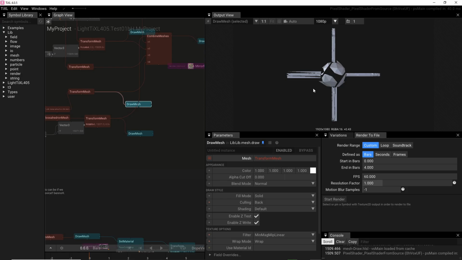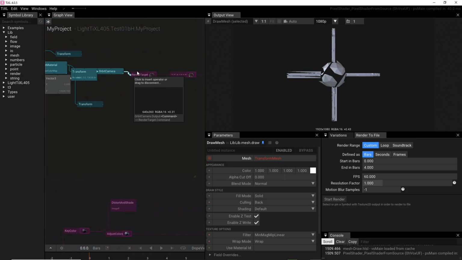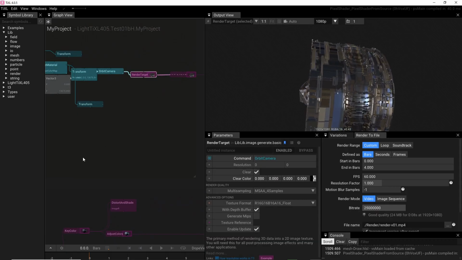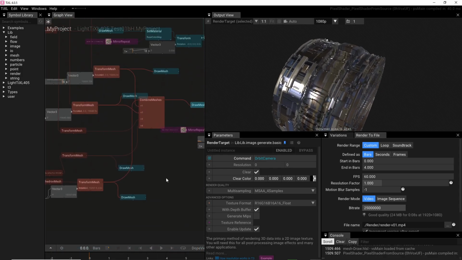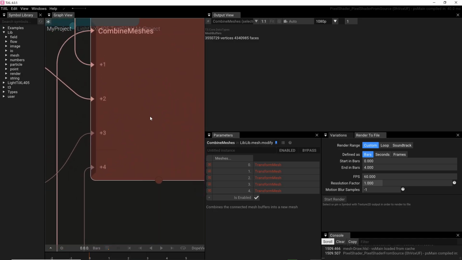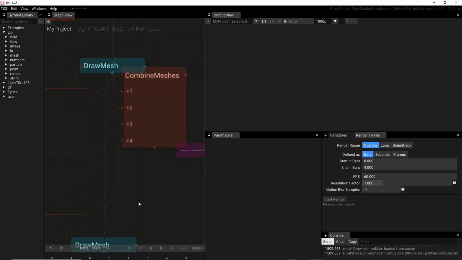This is the spin in the middle of all. When I show you this, this is the spin here. What we have done now. Now we must configure that together. To configure that together, we take a combine mesh. Go out in the free space and toggle the space bar on your keyboard and